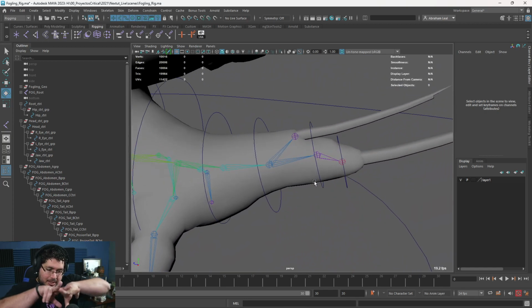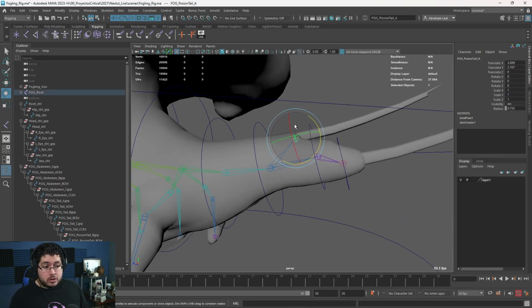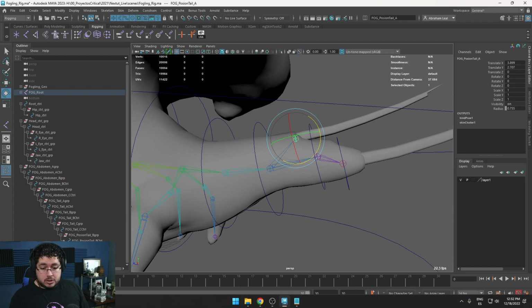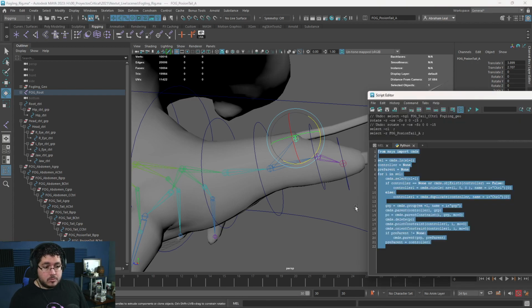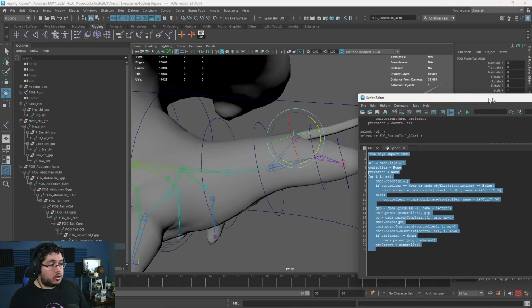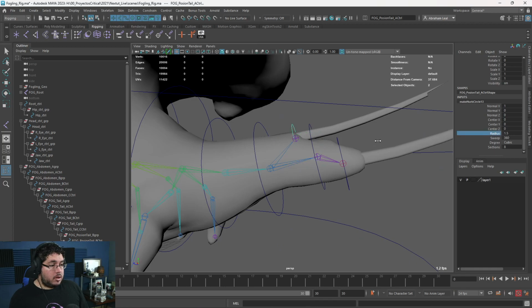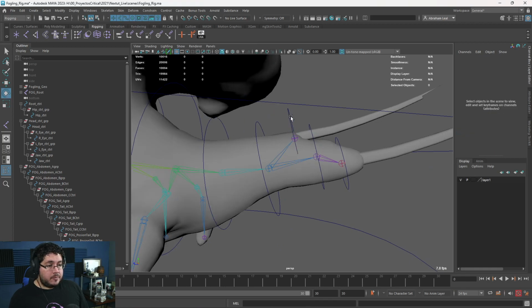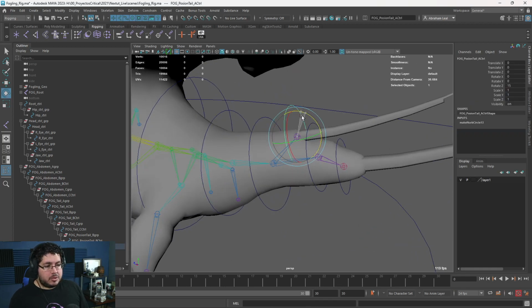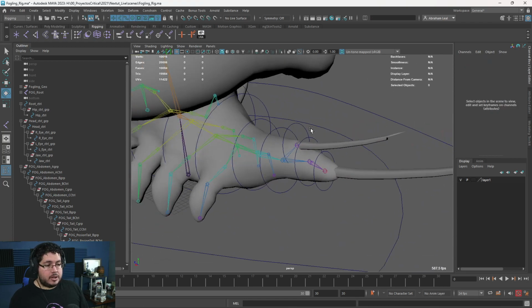If you select chains that split or something, it doesn't work. But you can also select it on a single joint. So if I just want to create a controller on this joint, I just select the joint and run the script. And there we go. We have a little curve right there on the joint that's controlling the joint. Again, we just go here, change the radius, for instance. This one, I'll probably rotate a little bit, but it's fine. It's just the little tail right there.